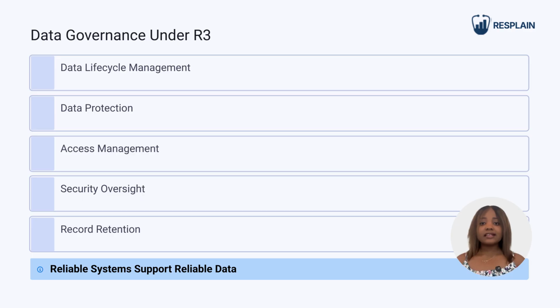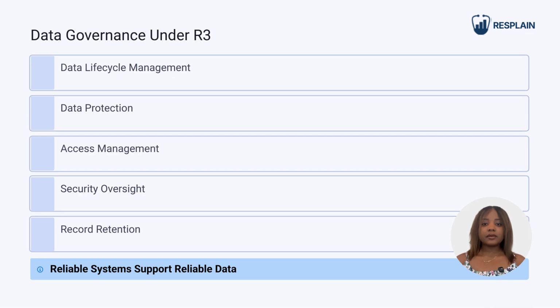Auditors may evaluate how sites and sponsors manage data access, security, retention, traceability, and protection throughout the data lifecycle. The guidance also expands expectations around computerized systems oversight, including user permissions, access reviews, system validation, and protection against unauthorized alteration or loss of data. Data governance discussions during audits may now include digital platforms, cloud-based systems, external data repositories, and participant-generated data streams. Sites should therefore understand where data are stored, who has access, how changes are tracked, and how data integrity is